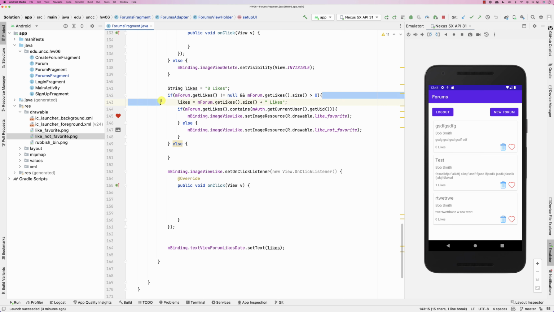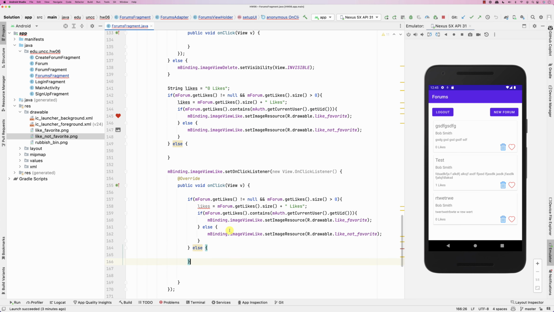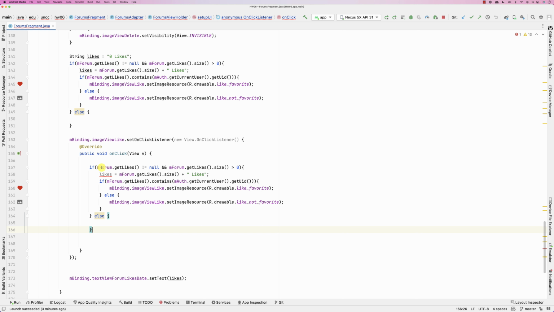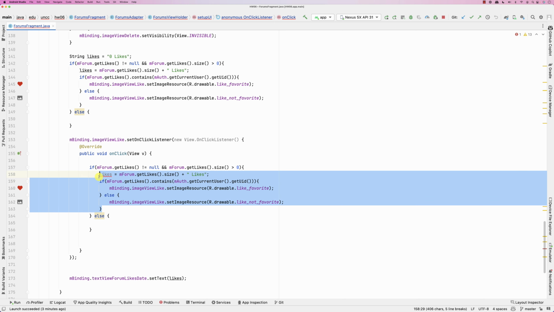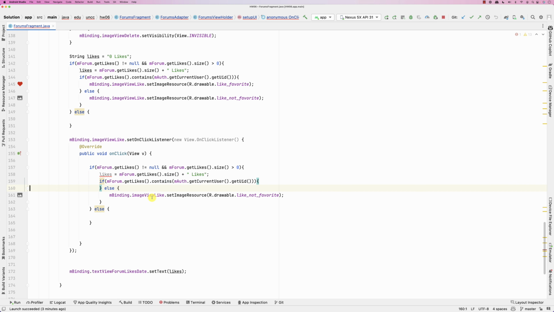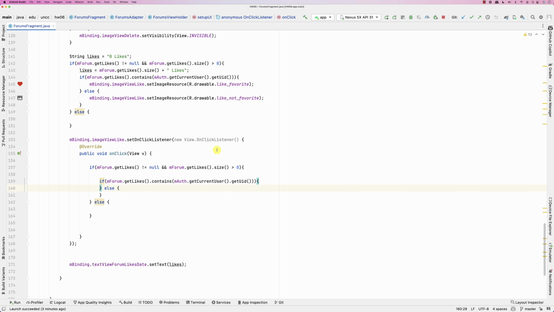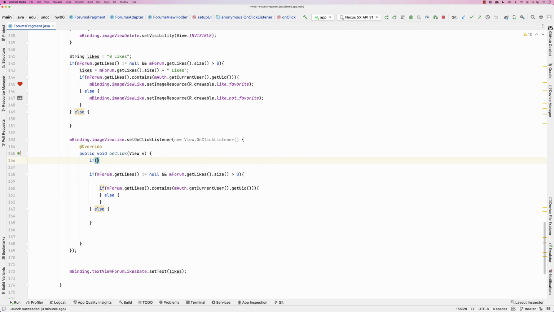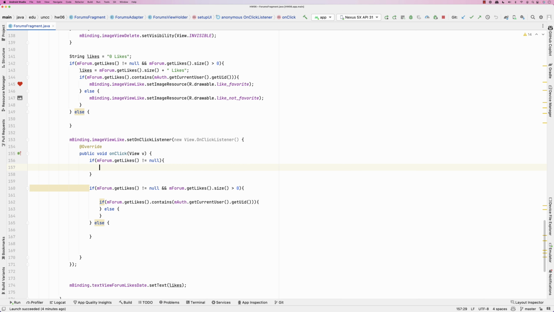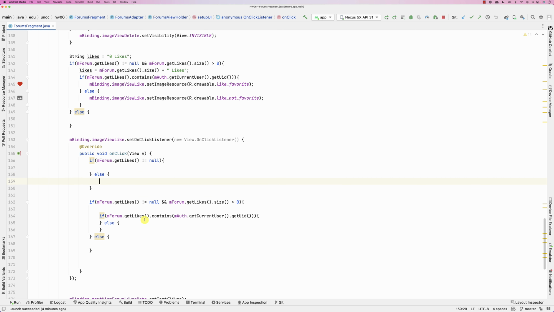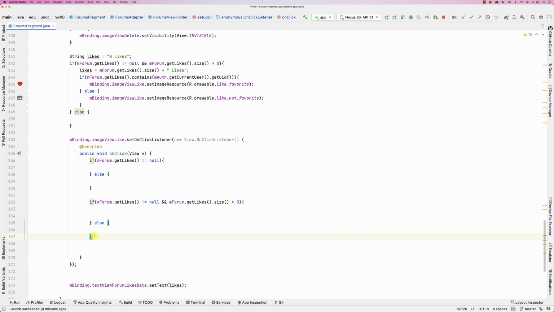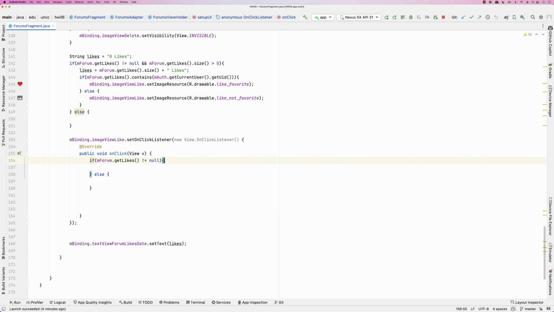I can only do that safely if I check this, because there are some cases where it's going to be null. In our case, it will never be null, but just for safety purposes, I'll check to see if mForum.getLikes() is not equal to null. Else we're going to do something else. If it is not equal to null, then what I'm going to do is